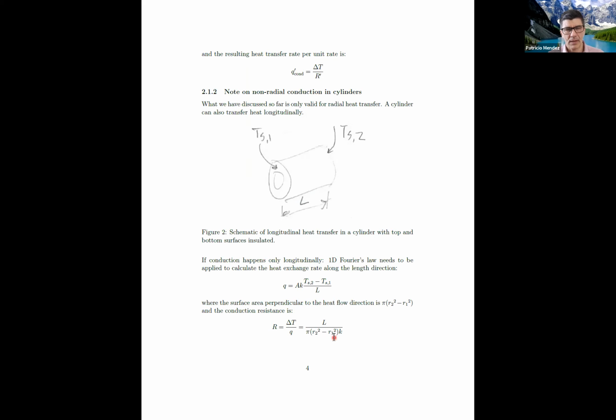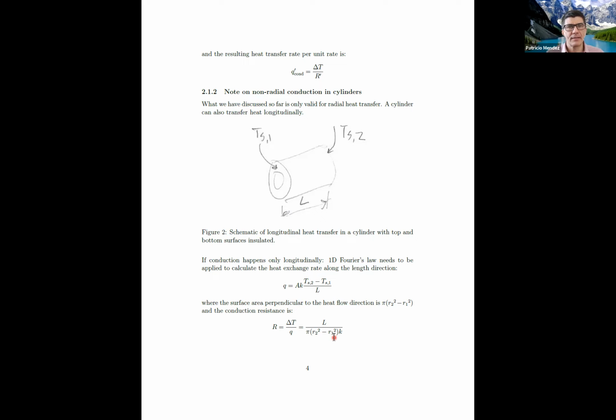And I made the point that something that is so easy to get confused: we see a cylinder, and that's what our eyes tell us. There is a cylinder. However, for heat transfer, what heat transfer sees is the boundary conditions. So if the boundary condition says that the inner surface of the cylinder and the outer surface of the cylinder are at different temperatures, then we have heat transfer in the radial direction, and these formulas we have seen on Monday apply. If instead, all over the cross section, the temperature is uniform, but the gradient is longitudinal,